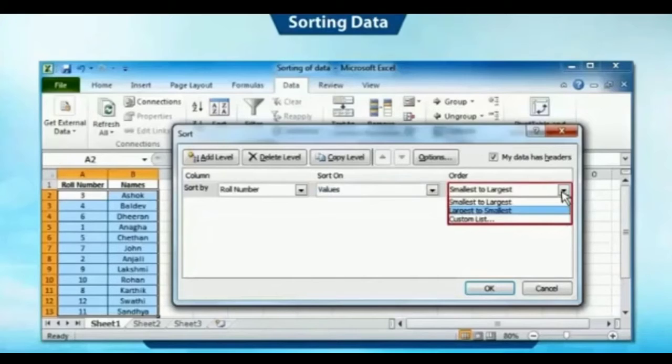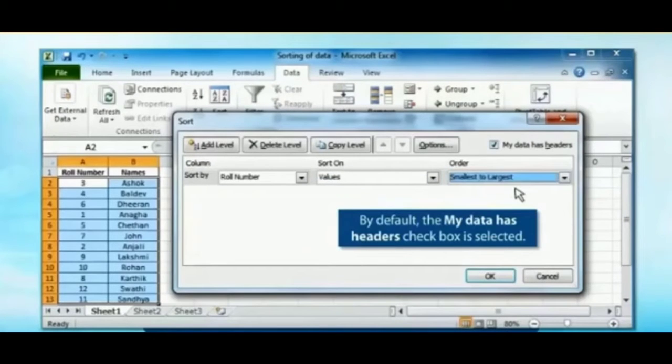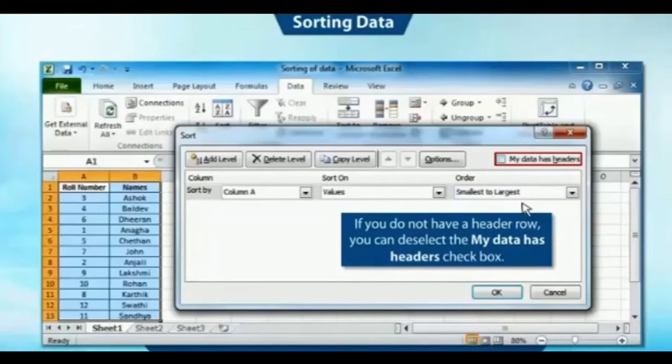Next you will see here, by default, the My data has headers checkbox is selected. Generally, the first row in a database is a header row. It displays the titles of your data. If you do not have a header row, you can deselect the My data has headers checkbox.